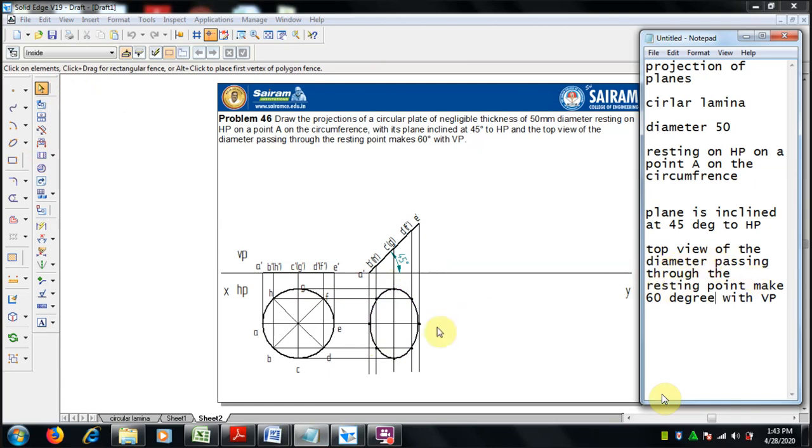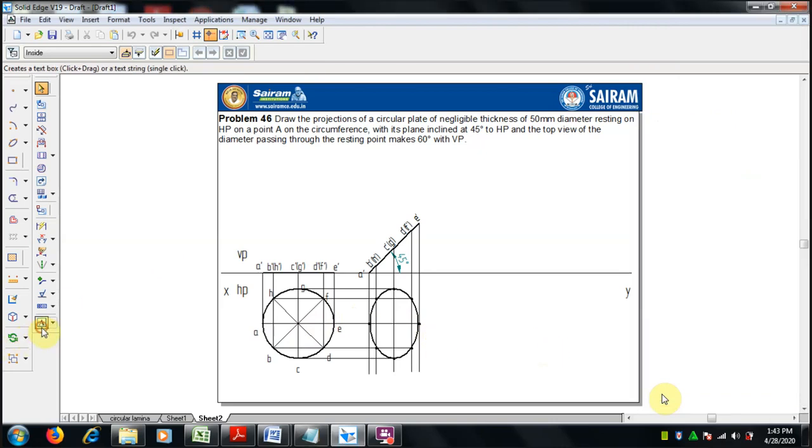Next is the top view of the diameter passing through the resting point, that is AE, inclined to VP. So we have to make the AE. Let me mention the letters here, the top view, the points on the ellipse.